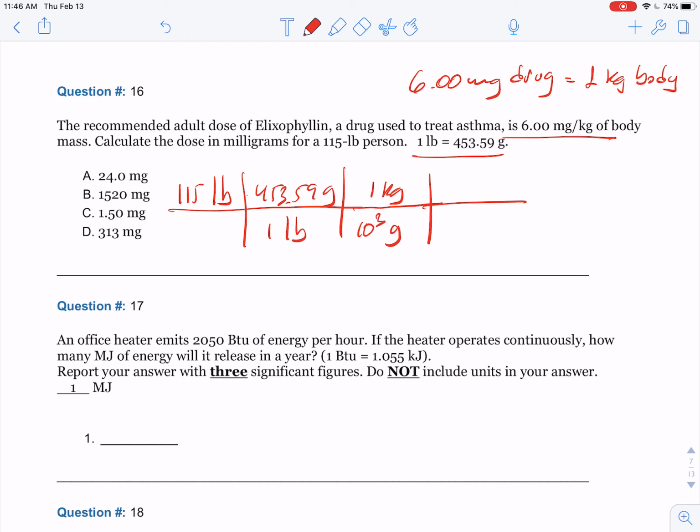And then you require 6 milligrams of the drug per kilogram of body weight. So this cancels with this, this cancels with this, this cancels with this, and then you do this operation here and you obtain what the mass in milligrams is. Okay,